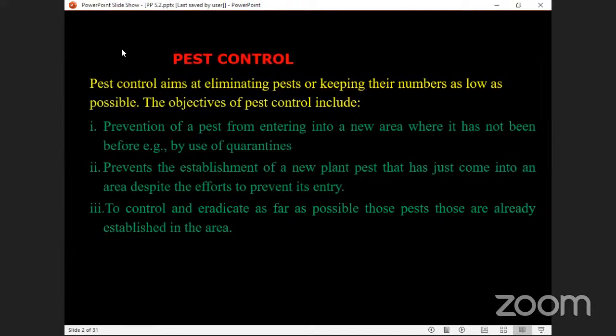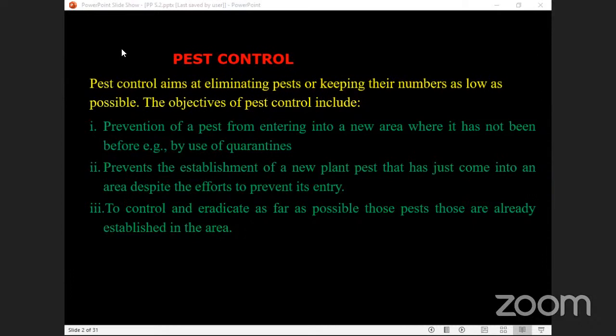We looked at crop pests as living organisms which have potential to destroy our crops. And we talked about so many types of pests, such as the rats, birds, caterpillars, locusts, and grasshoppers. And we categorized them into different categories, such as the biting and chewing, because there are those pests which have the ability to bite and chew, and then there are those which pierce and suck our crops. So after studying all of that in your absence, we had to look at the ways of controlling these pests.